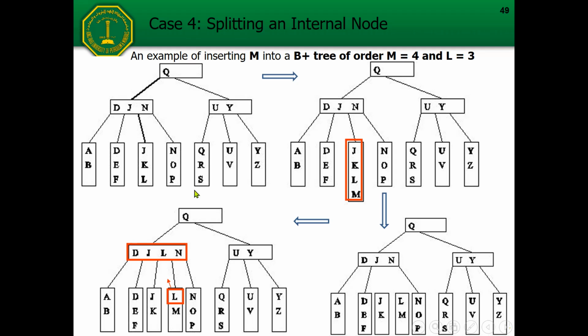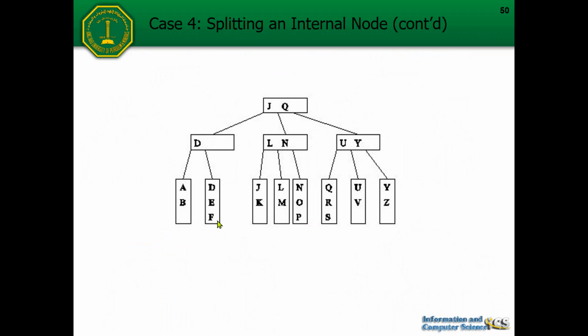So the root and the internal node structure is B3. That's why, based on the B3 procedure, when there is an overflow, we only need to take one key. In this case, either J or L, then promote that to become the key in the root and delete that key from the internal nodes. So this is the result.